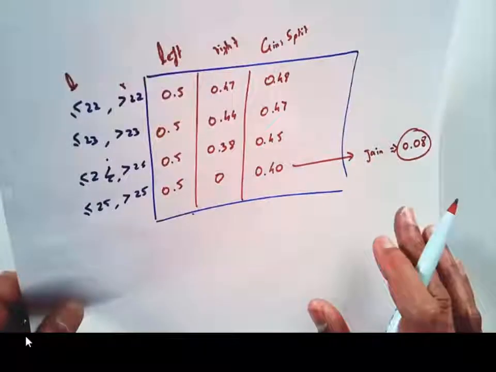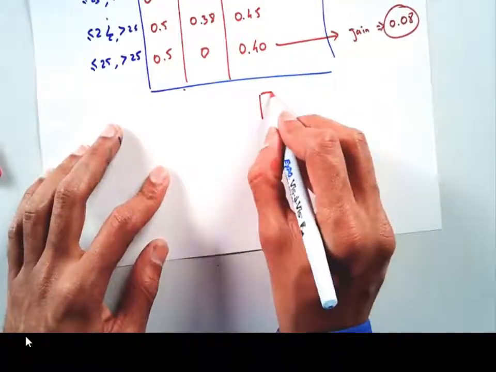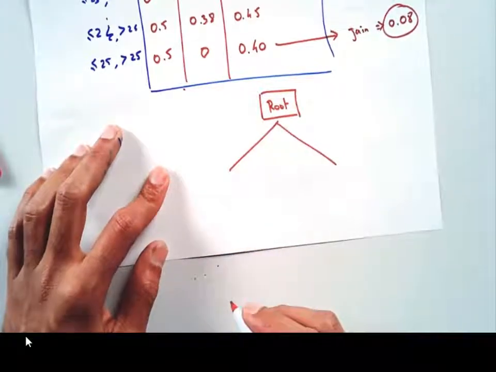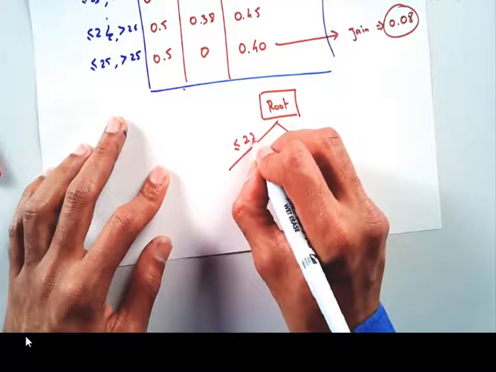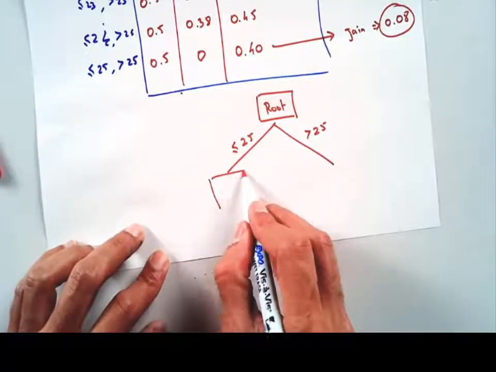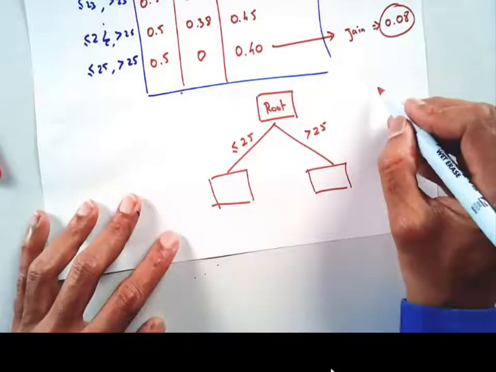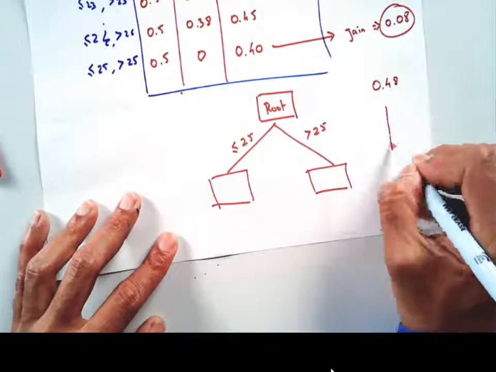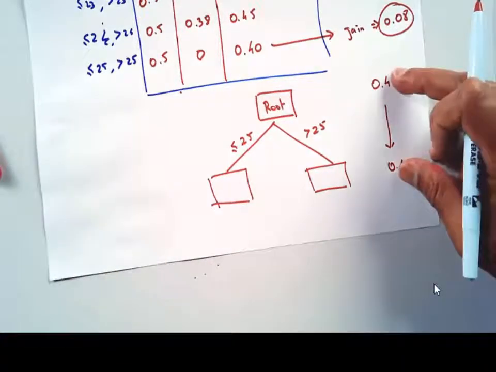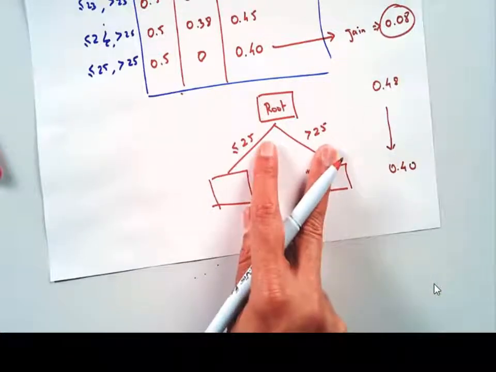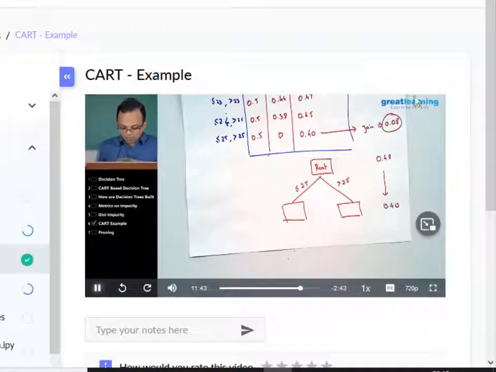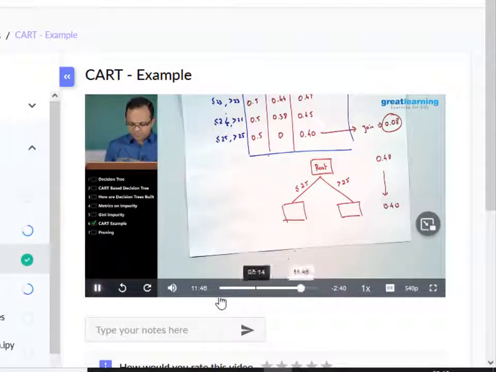So your CART technique is going to come in and say, hey, at the root node, your first split that I suggest is to go with less than or equal to 25 and greater than 25, which is 26 and above. That's going to be the best split that reduces your Gini impurity from 0.48 to a combined 0.40. That's the best Gini gain you can get out of all the possible splits I have tried. That's what the computer is essentially telling us. Now, once you do this, then this whole process of trying every